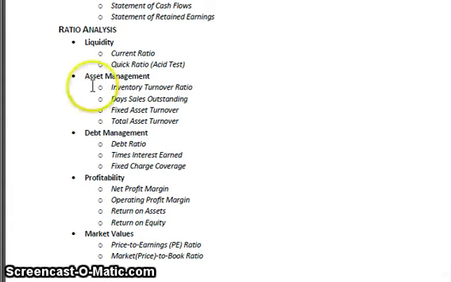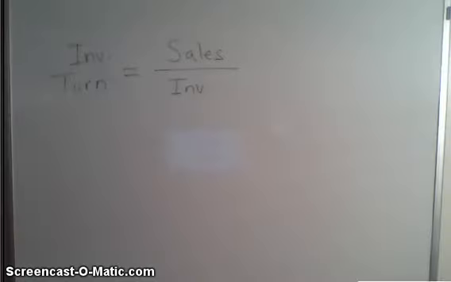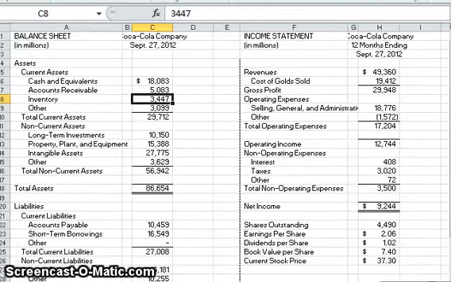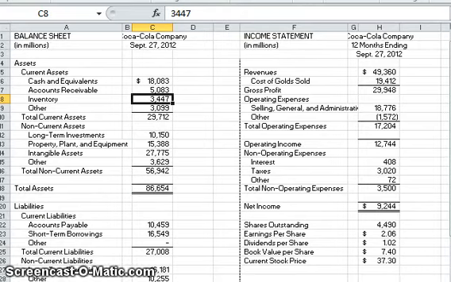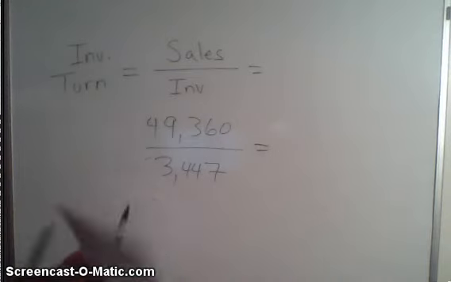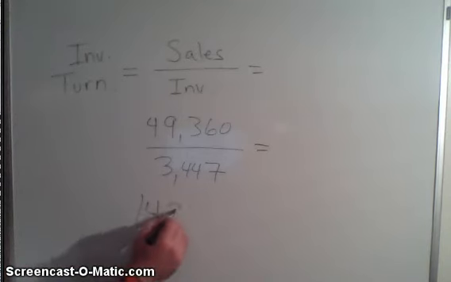So inventory turnover ratio is the first one. Here I've written the formula. It's sales over inventory. So it tells you how much sales you're generating per dollar of inventory. If we go to Coca-Cola, their sales were $49,360. Their inventory was $3,447. So I have written these numbers up here, and if you divide the two, you'll get an inventory turnover of 14.32. You'd obviously like this to be higher. The higher this is, the more sales you're generating per your investment in your